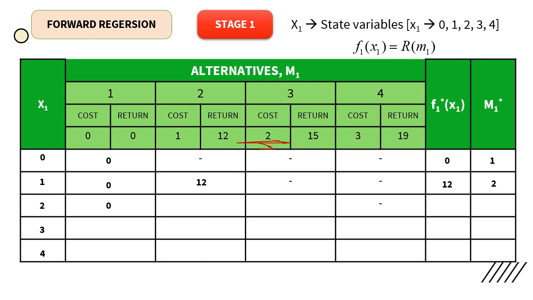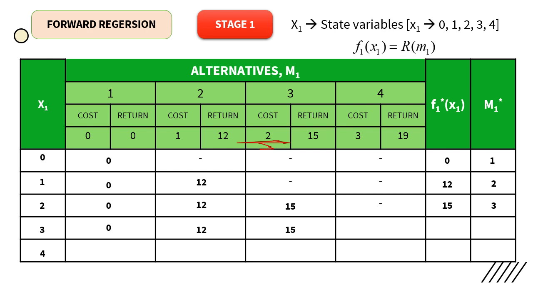Next is 2 crores. So 0, I don't have any return here. In 2 crores, if I spend 1 crore here, I will get a return of 12. If I spend the entire 2 crores, I will get a return of 15. The best is 15 here, so my m1 is 3. Next is 3 crores. First, 0 investment, 0 return. Next, in 3 crores I can spend 1 crore here, in which case I will get 12.